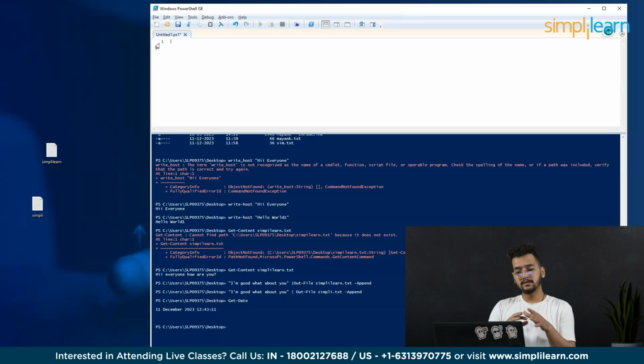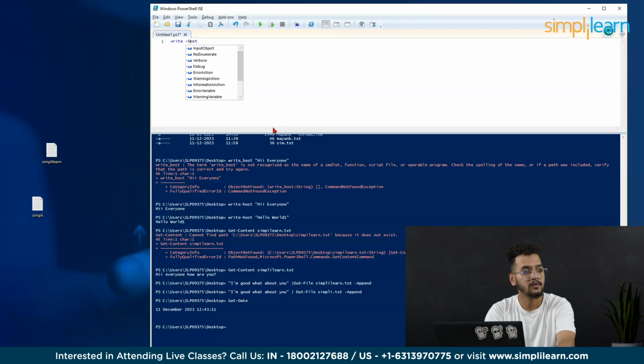The start sleep command suspends the activity in a script or a session for a specified period of time, like 5 seconds, 10 seconds or minutes. You can use it for many tasks such as waiting for an operation to complete or pausing before repeating an operation. So how it will work, I will write Write-Host, sleeping for 5 seconds, and I want the background color to be black,